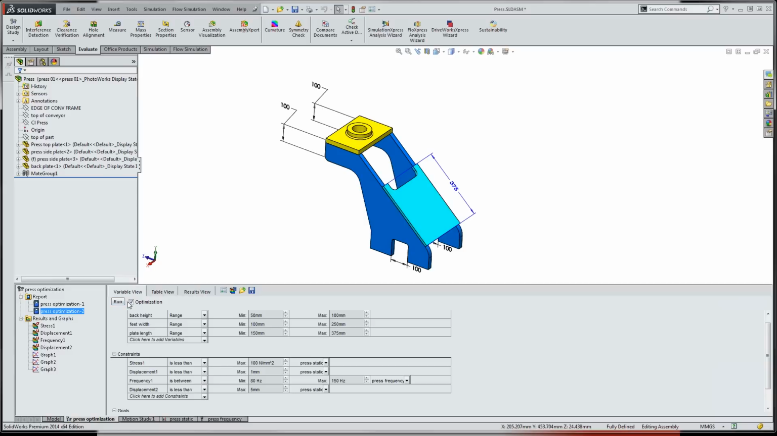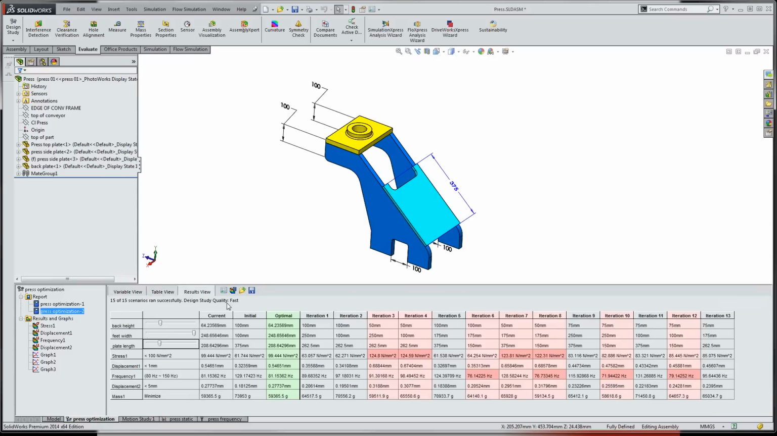What will happen? The software will take all the variations and do a lot of iterations, as you can see in the result view. From iteration 1 to iteration 13, based on what you said, it will highlight for you what is required, what is out of the range, and what is being achieved. Through all of this, you can see there is a summary here: the current value, the initial value, and optimal value. And the good thing is, by simply clicking on optimal,